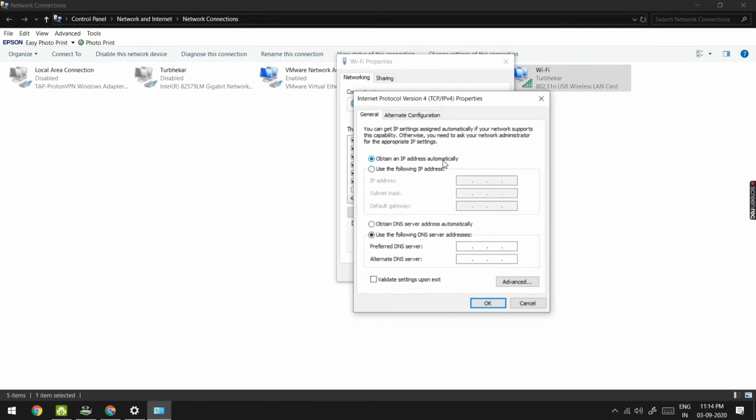The default selected is obtain an IP address automatically, in which your router will assign an IP address to your devices, fetching it from the router automatically. If I want to give an IP address that is static or of my own choice, I will select use the following IP address.